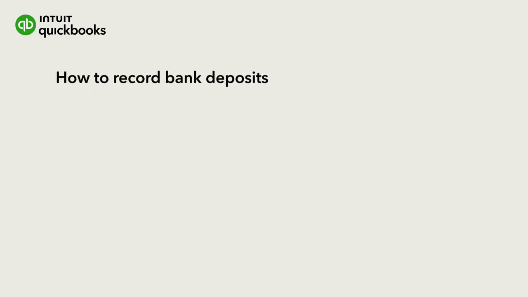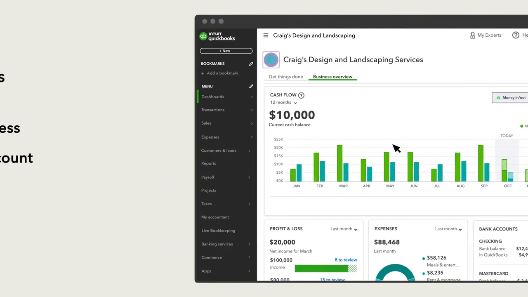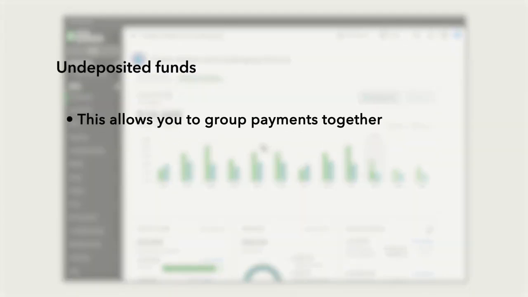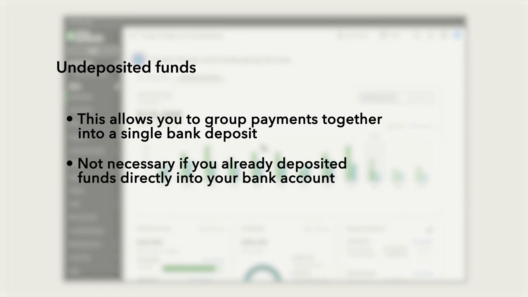The final step in the sales process is to record your bank deposit. We'll go over how to do this using the Undeposited Funds account. This lets you group multiple customer payments together into a single bank deposit. However, this step is not necessary if you already deposited the funds directly into your bank account in QuickBooks during